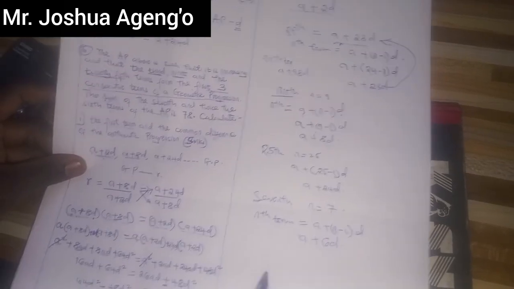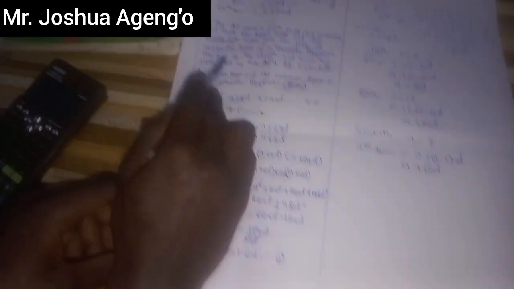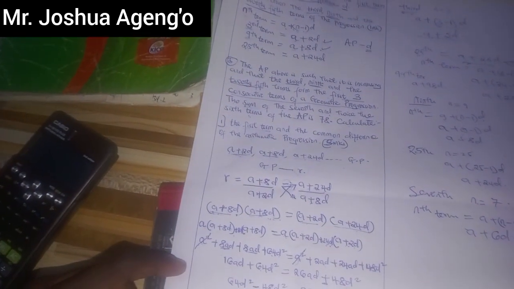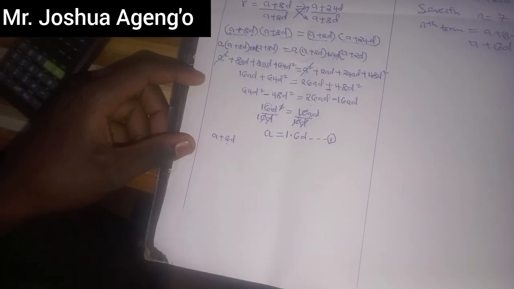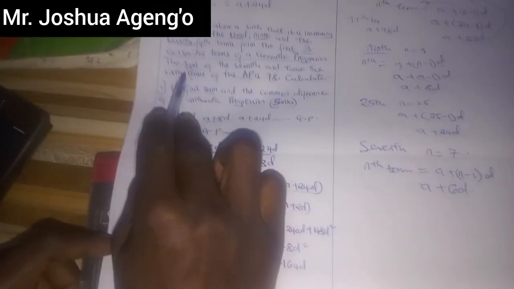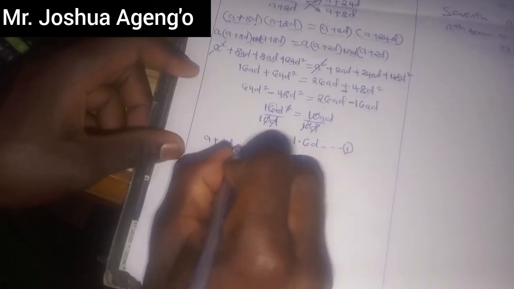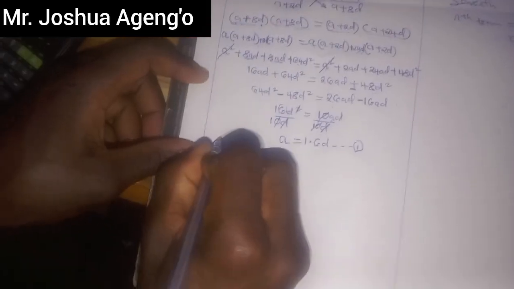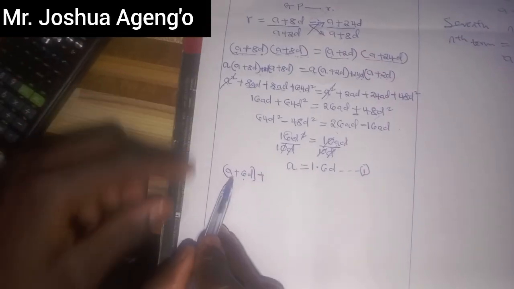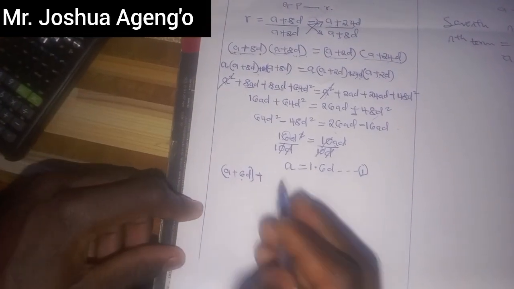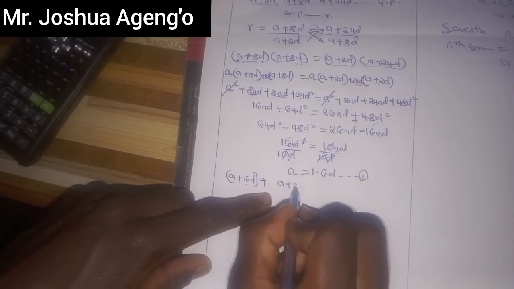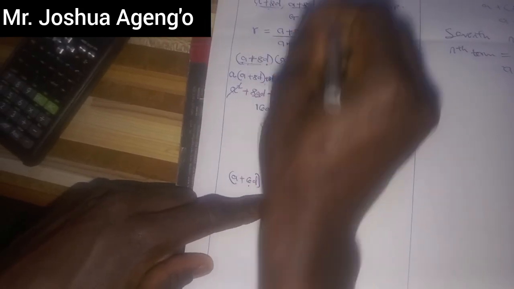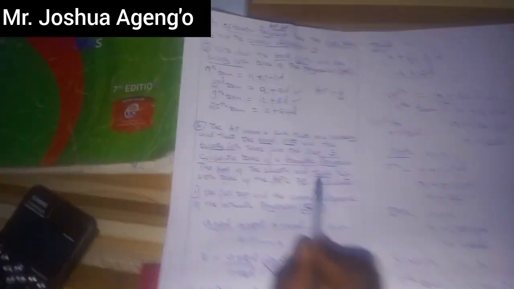d, 6d. That is the 7th term. So the sum of the 7th, so they're talking about the 7th term, a plus 6d, and twice the 6th term. The 6th term will be, and the sum. Remember that they're talking about sum. This is the 7th term. Please put it in a bracket. Plus the 6th term. The 6th term will be a plus 5d. But it is twice. Twice the 6th term is